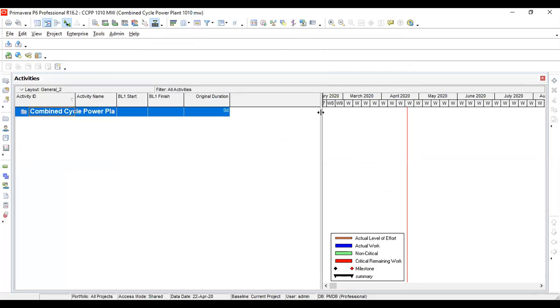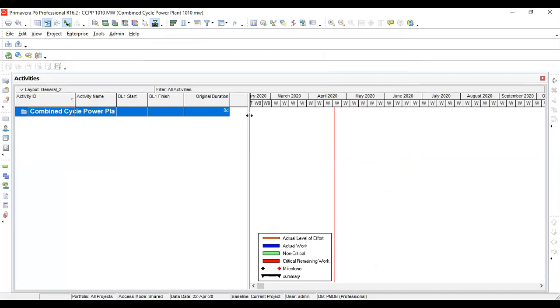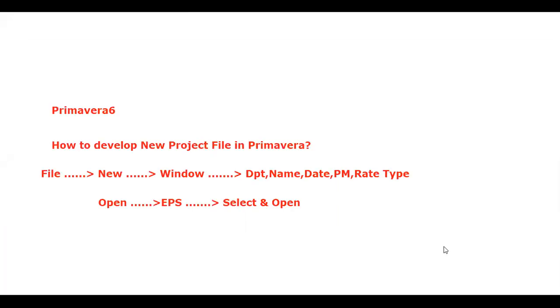Up to now, we have just learned how to generate a new project file. We have to structure each and everything about our project. First of all, we will work on scope management, and then we will go into time management, then resource management, and then cost management, and then we have to develop different templates of Primavera 6 to accommodate our project requirement. Okay, so first of all, I will share with you the whiteboard, and here,